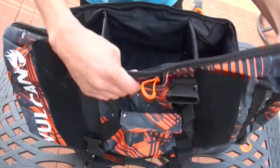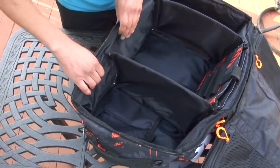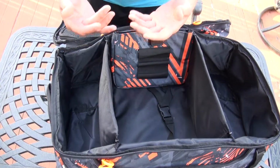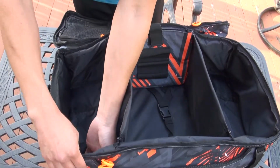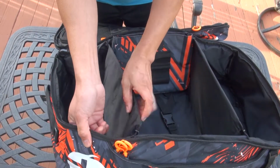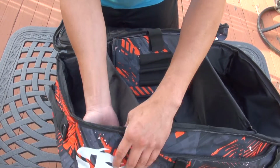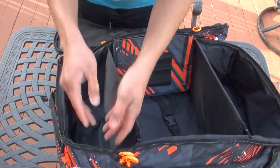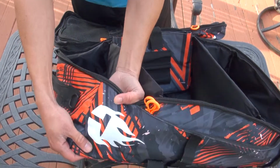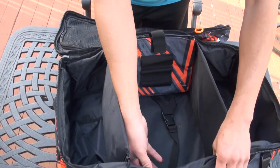As far as the padding, you can feel there's some foam in there. One thing that I noticed on mine, and hopefully you don't notice it on yours, was that some of the foam got bunched up in the corner. So there were some sections where it didn't have padding. What I did was I just took maybe 10-15 minutes working it with my fingers to kind of spread out the foam in there. That was just something that I noticed about the foam. Other than that, all the other sections, the foam protected